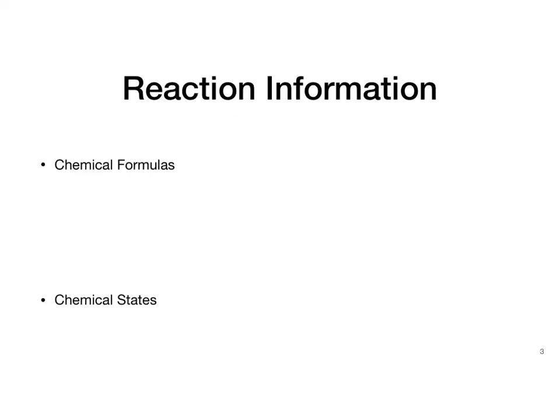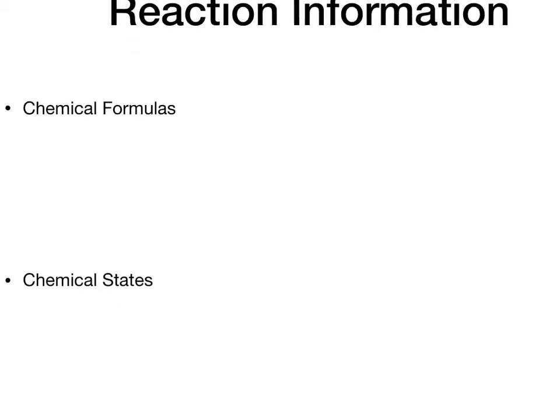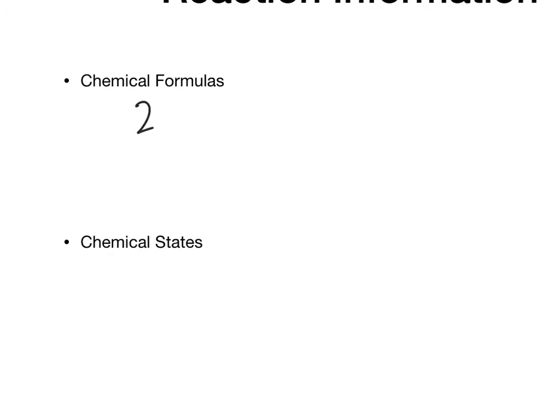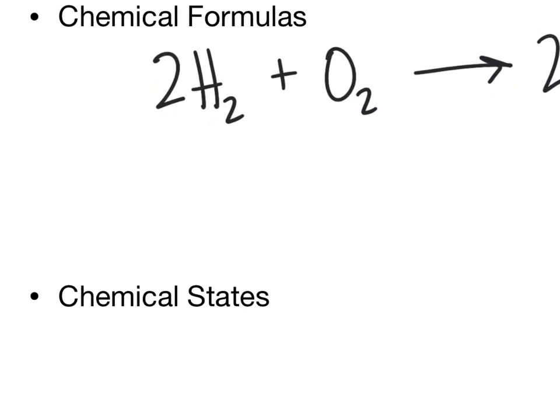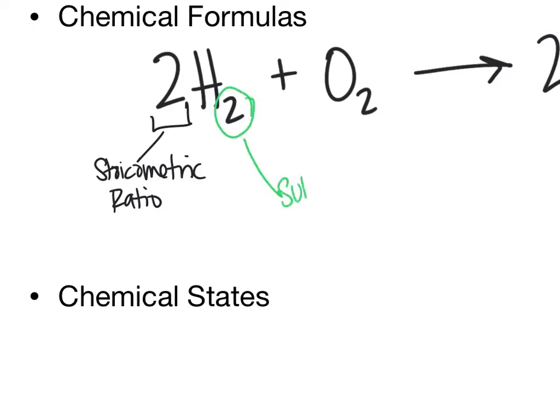So chemical formulas and chemical states are part of the information that we can think about in this case. So when we think about our chemical equation, if we were to have 2H2 plus O2 gives us 2H2O. Over here, this is our stoichiometric ratio, or the stoichiometric coefficient is probably a more exact term. But then the other number that we need to talk about is this down here. So our subscript